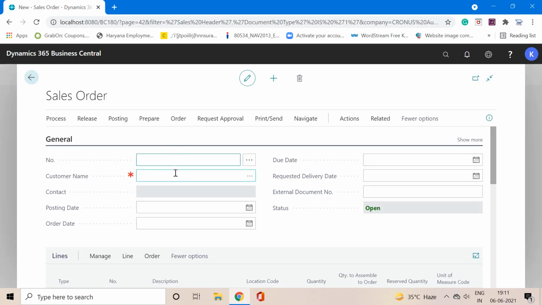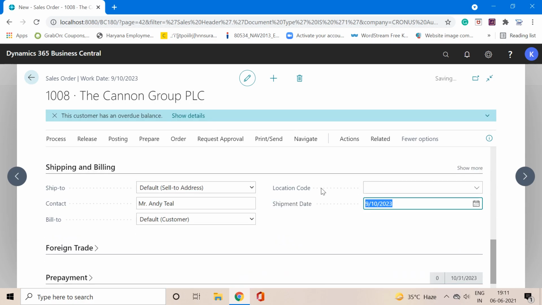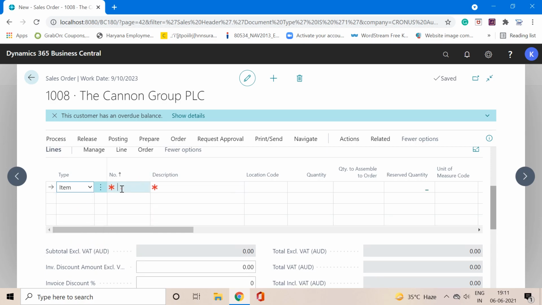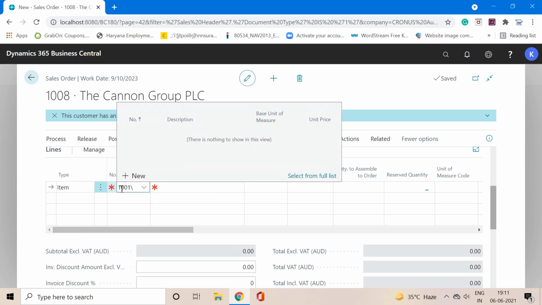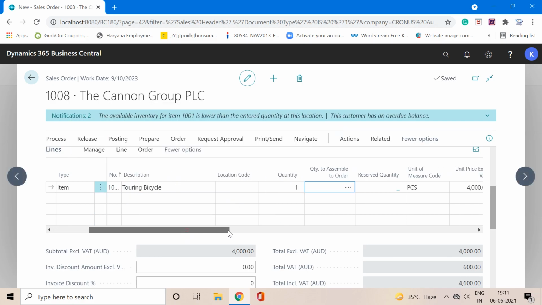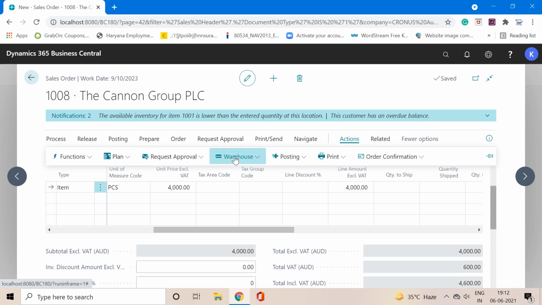Click on New again, create a new sales order, keep the location code blank, and place the item and quantity as 1. Now we can see that quantity to ship is still blank. So now let's release the order and check whether the Create Warehouse Shipment function works.